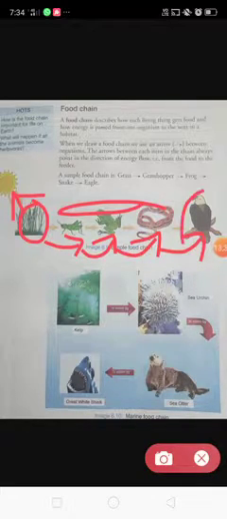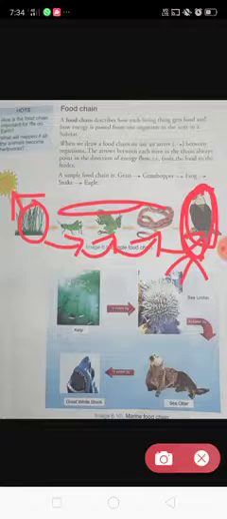This vulture may be eaten by some animal or may die one day, and his body will be decomposed by decomposers like bacteria or other decomposer animals like ants also. Ants can also eat this vulture because everything is eaten by ants. So when this eagle dies, its body will be eaten or decomposed by decomposers.